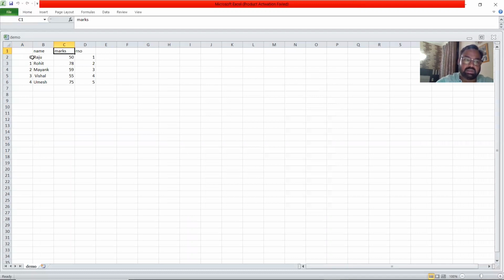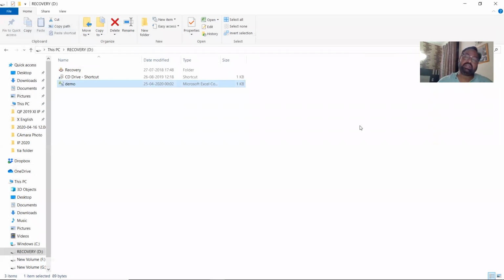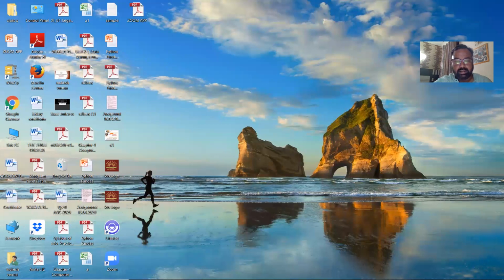There are 3 columns and 5 rows, and its indexing starts from 0, 1, 2, 3 up to 4. So the complete data is being exported into this particular file. You can export or import the data from the CSV file very easily. This is how you can do this on your system.